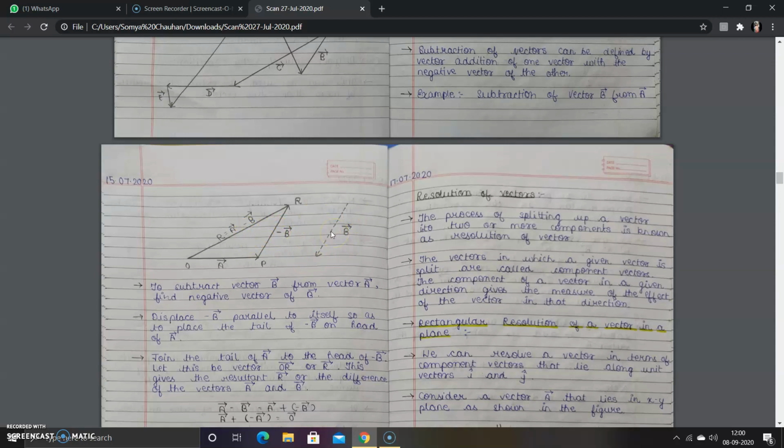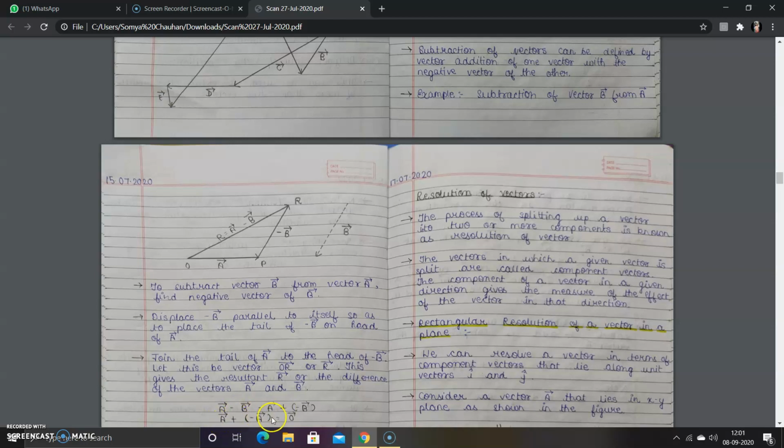देन जिसको भी हमें सब्ट्रैक्ट करना है, सबसे पहले हमें उसका नेगेटिव वेक्टर फाइंड आउट करना होगा. नेगेटिव वेक्टर की डेफिनेशन में मैं आपको बता चुकी हूँ कि किसी भी वेक्टर का नेगेटिव वेक्टर कैसे फाइंड आउट करते हैं. तो यहाँ पर हमने ये नेगेटिव वेक्टर फाइंड आउट किया. अगेन उसके बाद में हमें वही ट्रायंगल लॉ ऑफ वेक्टर एडिशन लगाना है. हमने इसको शिफ्ट किया, यहाँ तक लेके आए, तो रिजल्टेंट होगा दैट विल गिव यू द A माइनस B वेक्टर. यहाँ पर आप देखिए बेटा, A प्लस कर रहे हो आप ट्रायंगल लॉ ऑफ वेक्टर एडिशन की हेल्प से माइनस B, एंड यू नो दैट plus and minus when multiplied will give you the negative sign, that will be A minus B.